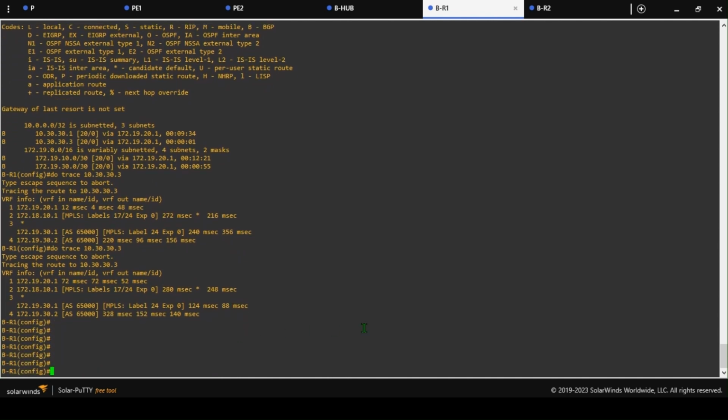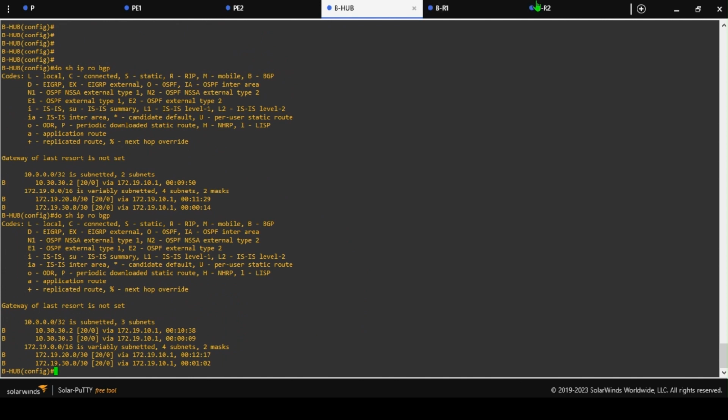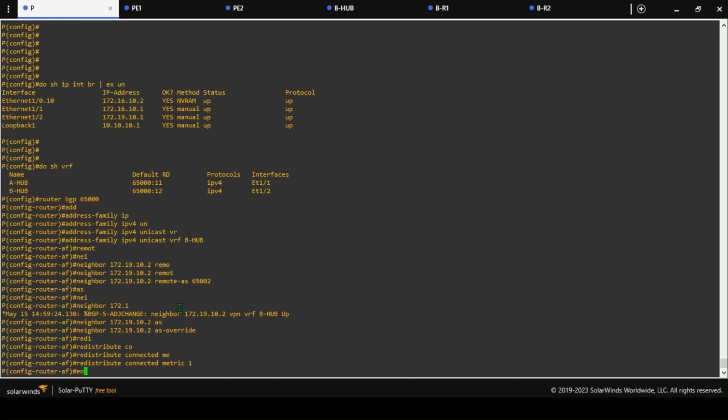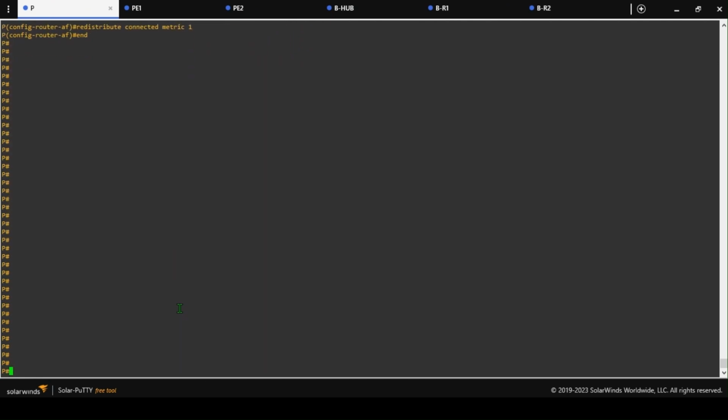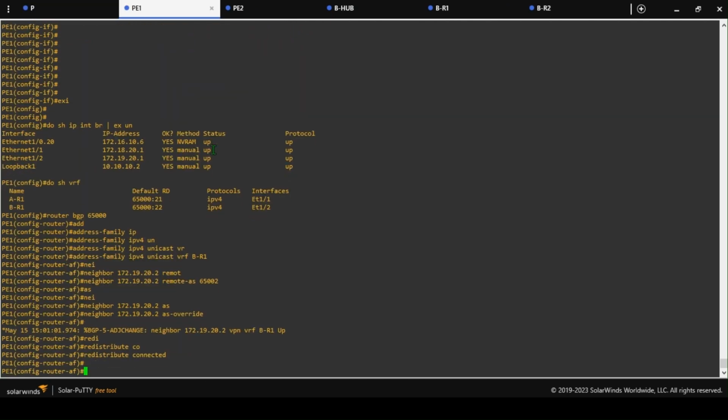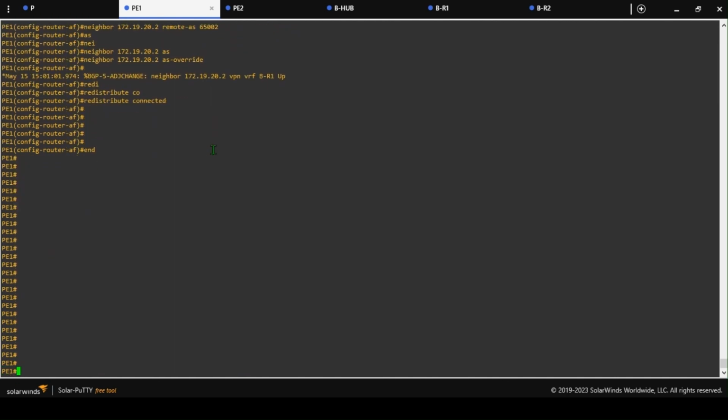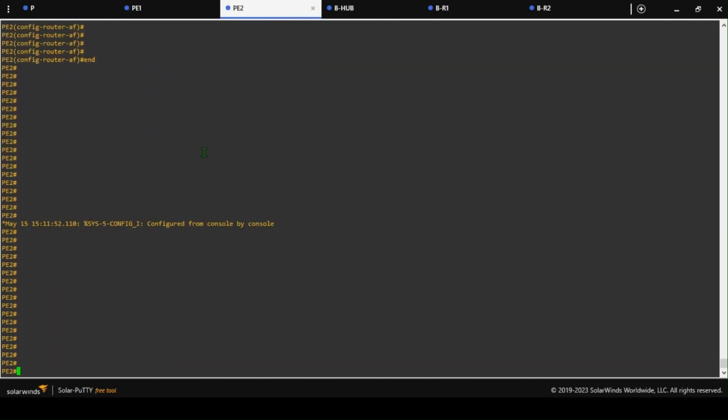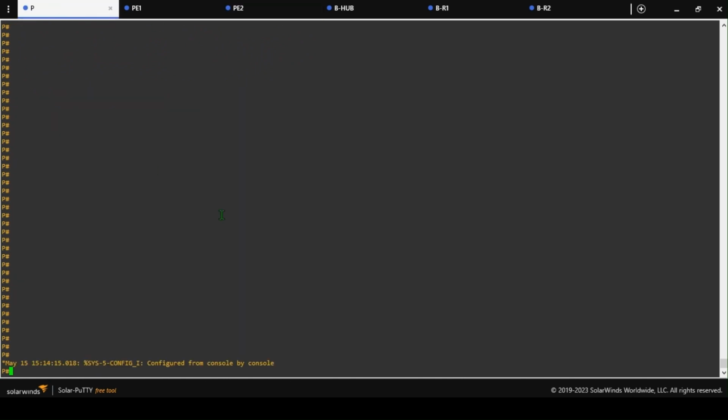So that's that for this particular router. I think everything is successful. If for some reason, as a service provider, you want to confirm the route you are getting for each VRF, you can use the following command: show BGP. Let me confirm this VRF. Show VRF. So for the route I'm getting for the hub, I can just say show BGP